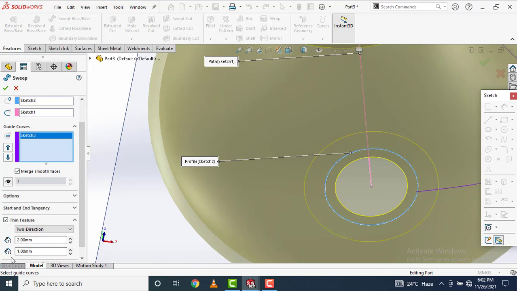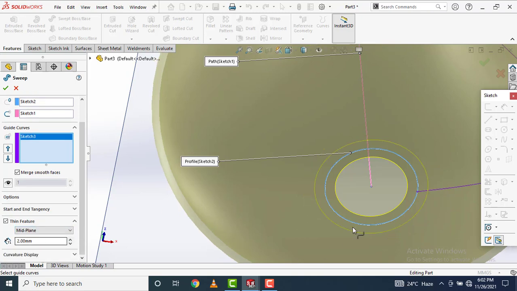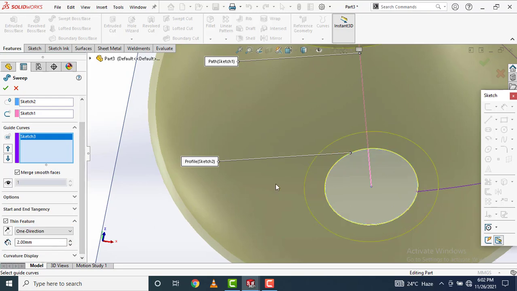Then it is asking for two types of thickness, T1 and T2. T1 is the outside thickness and T2 is the inside thickness, which is 1 mm. When you click on mid plane and the 2 mm thickness is selected, 1 mm thickness for each side is provided. As of now, I am selecting one direction.